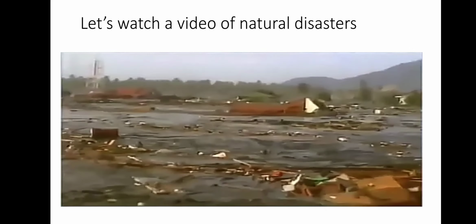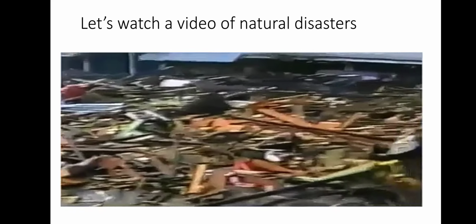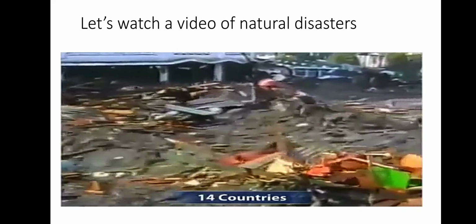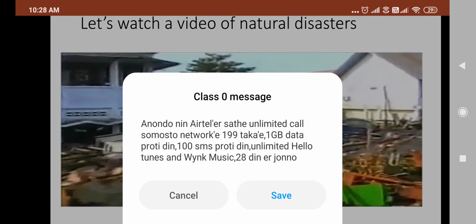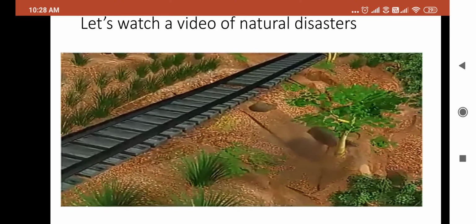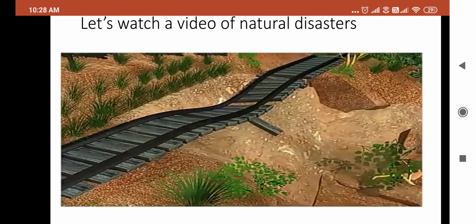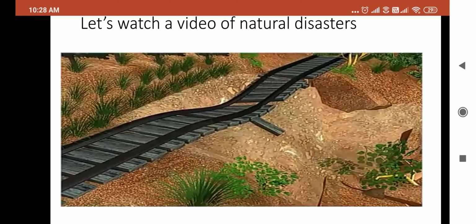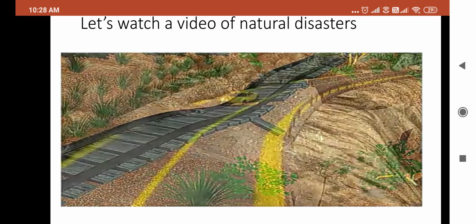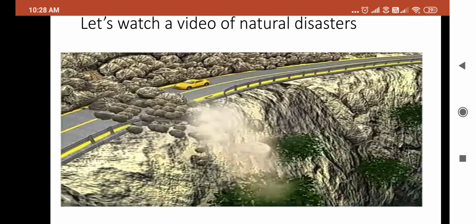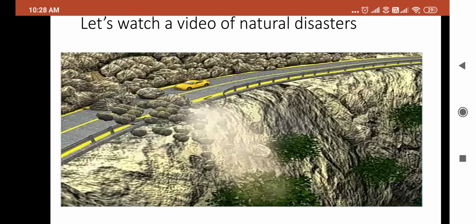This was among the worst natural disasters, which killed over 230,000 people from 14 countries bordering the Indian Ocean. In the mountains, landslides are a hazard which may follow earthquakes. In the event of an earthquake, rocks develop cracks and come loose due to displacement. These loose rocks roll down mountain slopes and cause landslides, which are disastrous.